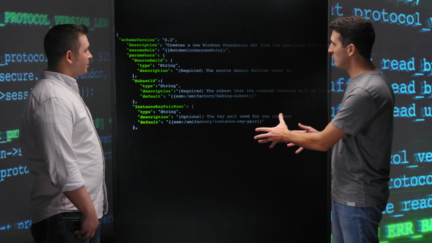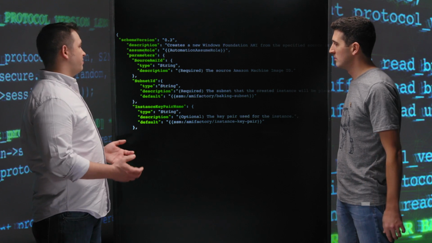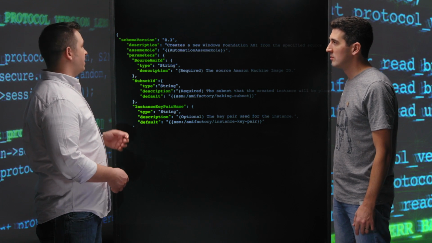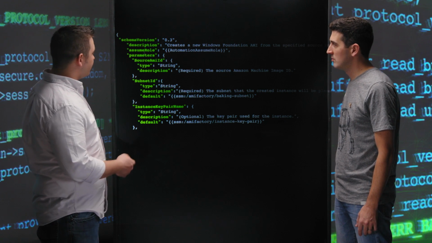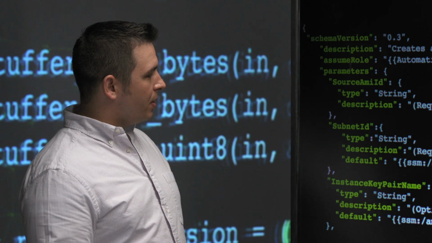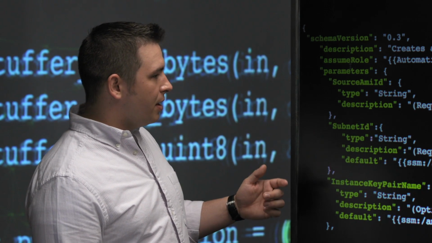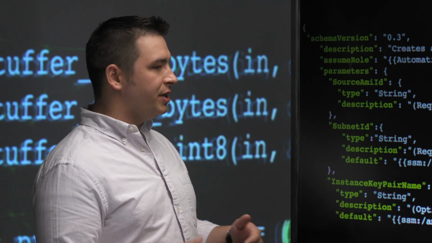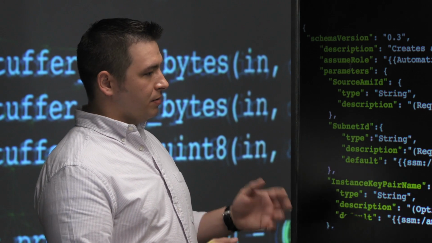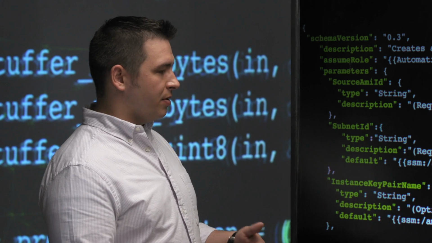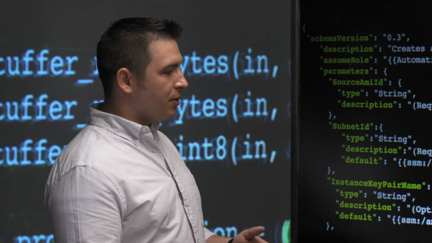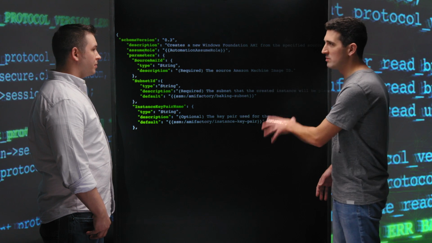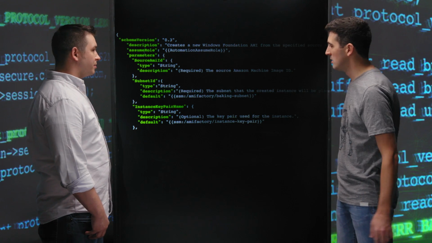All right, so let's dig into the code then. So explain to me what we have on the screen here. Right, so the first step in the state machine execution is using EC2 automations. And so this is a snippet from our automation document. And in here we've got the parameters. We use automation documents because it allows us to reuse the same document over and over again for different Windows operating systems. Okay, so you support multiple versions of Windows, and this allows you to reuse the documents for all of them? Yes.